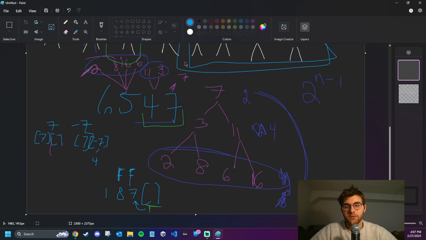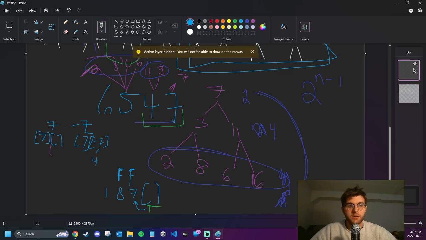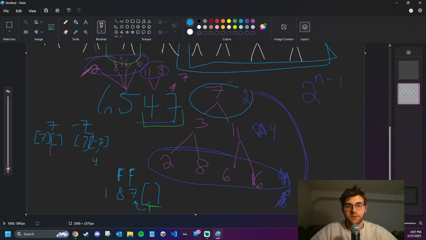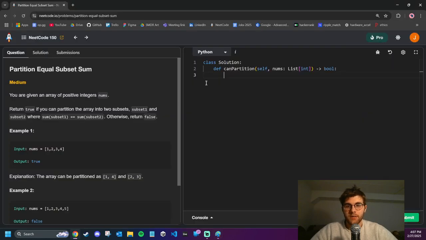So I'll try this approach with the numbers. Okay, so how do I want to organize this data? So, okay, officially now I'm going to code this solution. So we're going to have a set called, that's not how you do it. We'll just say visited, I guess, which is a set that contains,